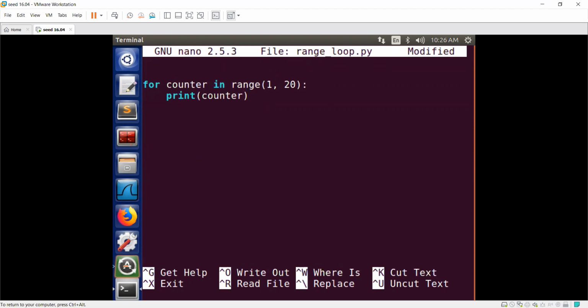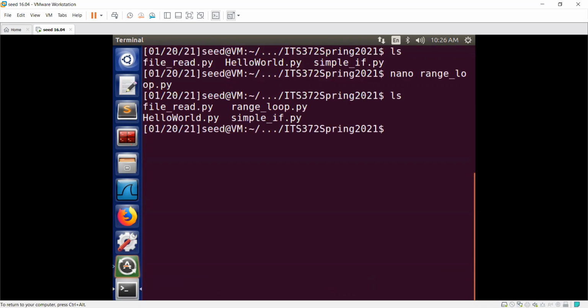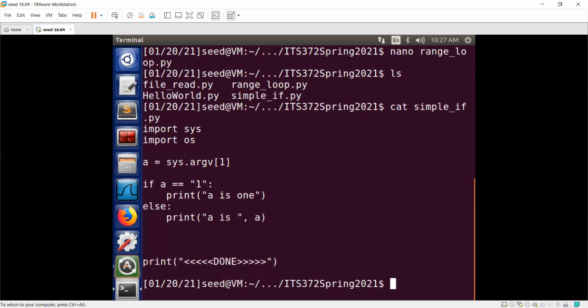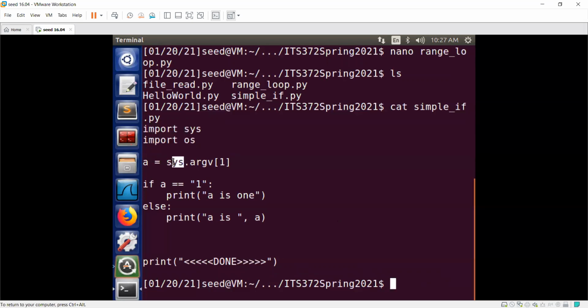I have a question. Go ahead, please. How come we don't use imports for this? Oh, because I had an import in the first one, right? That's what you mean? Yeah. Because in the first one, I actually used specifically the sys module. So if I go back and I go to ls, and then we look at simple if, right? So if I do cat simple if,